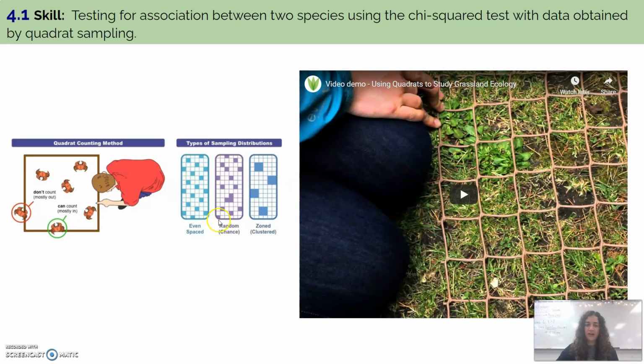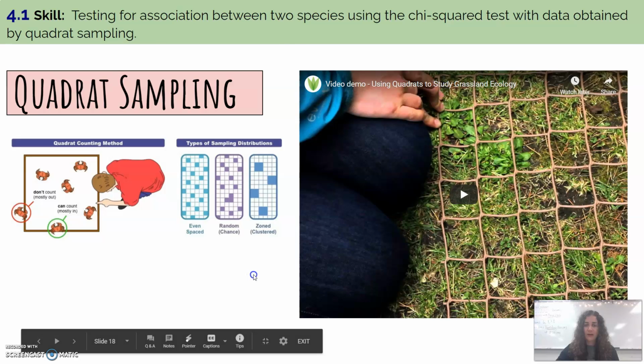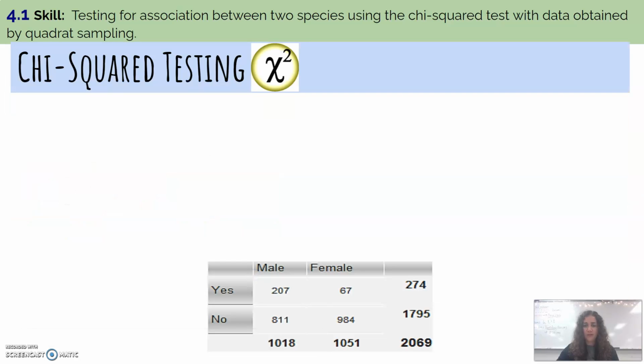You can see that there are types of sampling distributions, and I would recommend that you pause this video and watch the video demo on this slide. I don't have the audio connected to my screencast from the computer, so you wouldn't be able to hear it if I played it. So just pause this video and watch the video demo of quadrat sampling in grassland ecology. Then you'll come back here, and I'm going to continue on so that we can talk about the